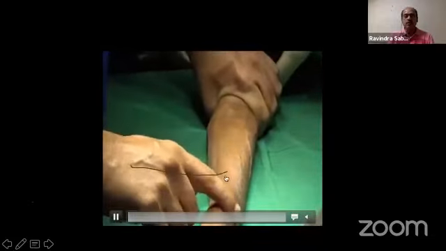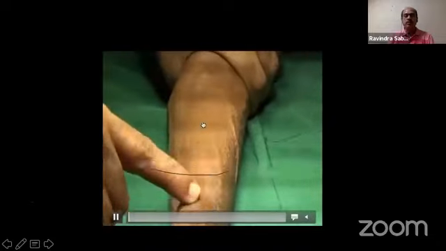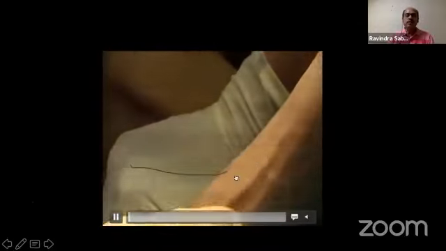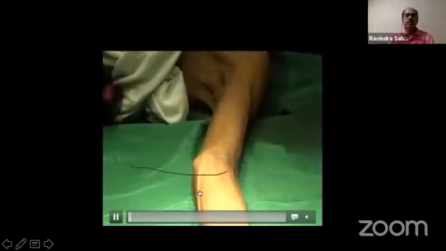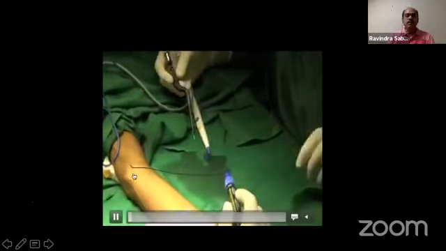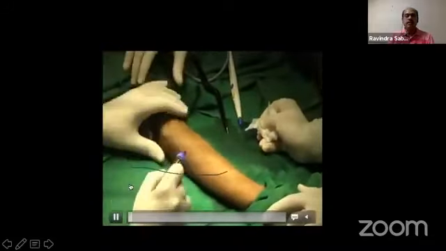The artery is good, and you see that only this much segment of the vein is there, and there is no dilatation of the vein, which means that the cephalic vein is not good. But you can see here, this is a nice good vein on the medial side, but that is not the site for the anastomosis or for the puncture, and therefore that needs to be transposed. So that is called forearm transposition. So this whole vein can be dissected. It can be brought to the lateral side, and that can be done.